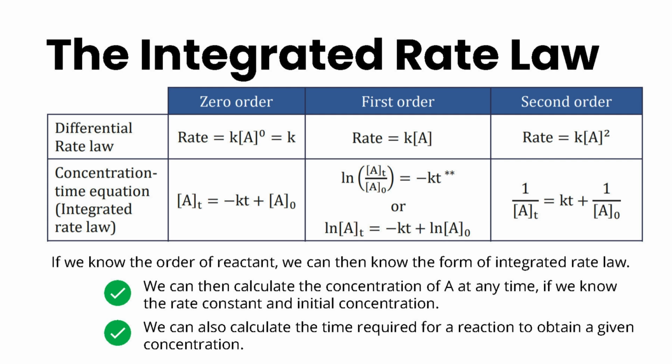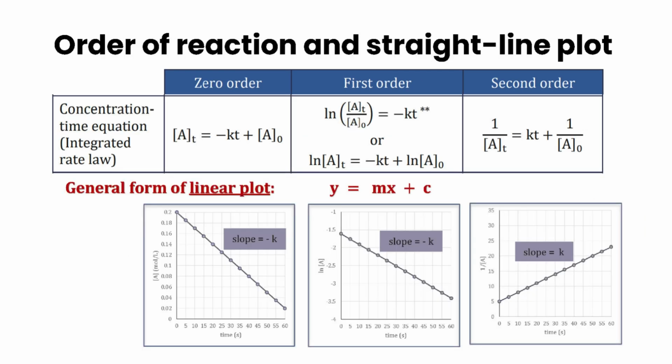If you know the rate constant k and the initial concentration [A]0, it lets you calculate the concentration at any time t, or flip it around, calculate the time t needed to reach a specific concentration. And like the rate law itself, the form of this integrated rate law depends on the reaction order. It does. They look different for zero, first, and second order reactions. The source highlights the first order one,